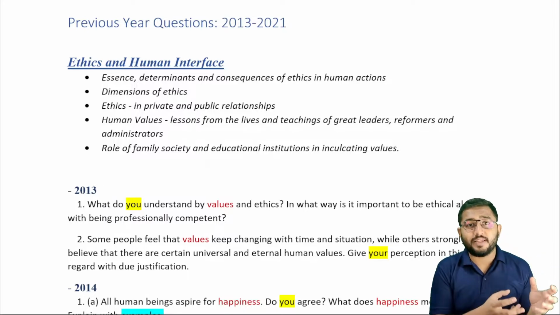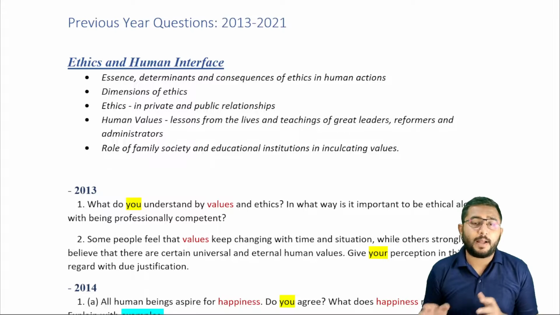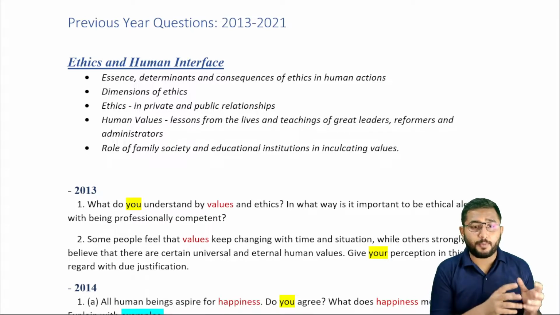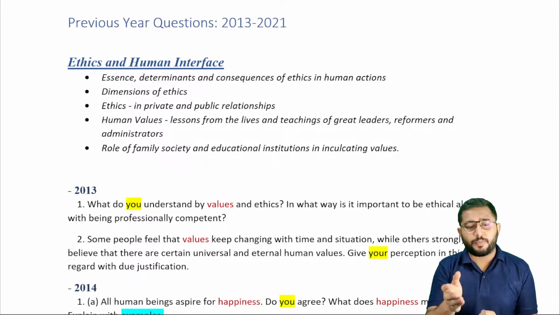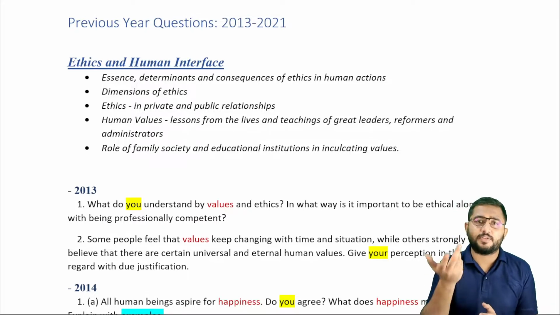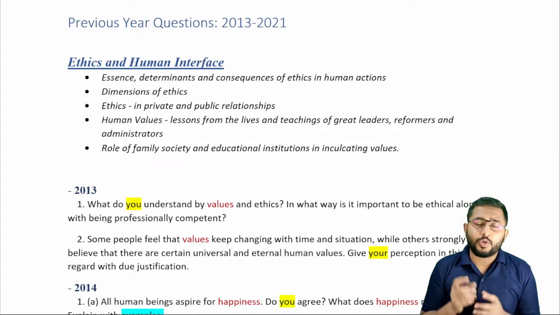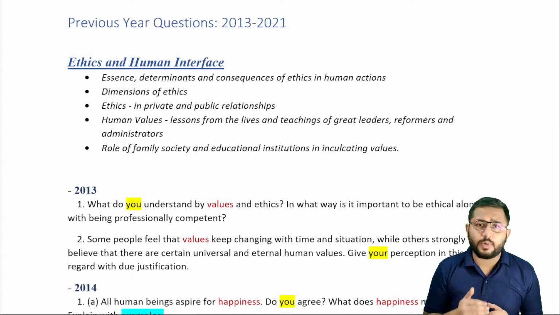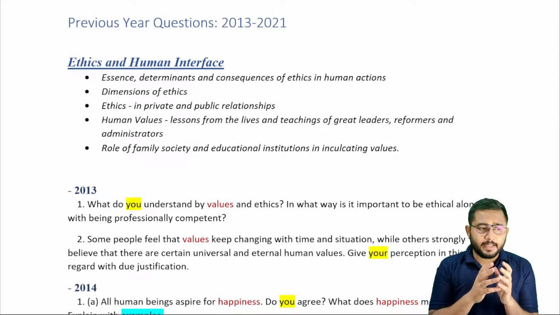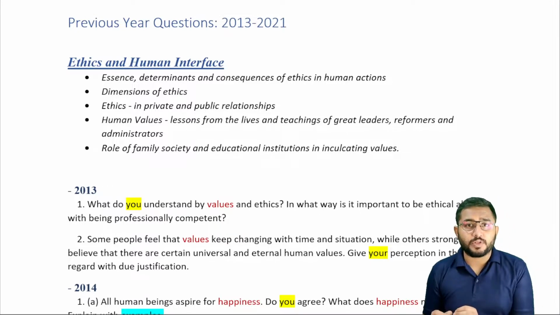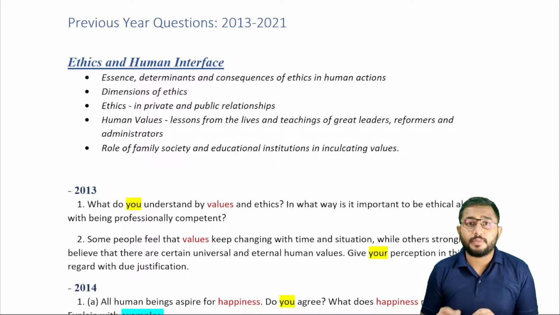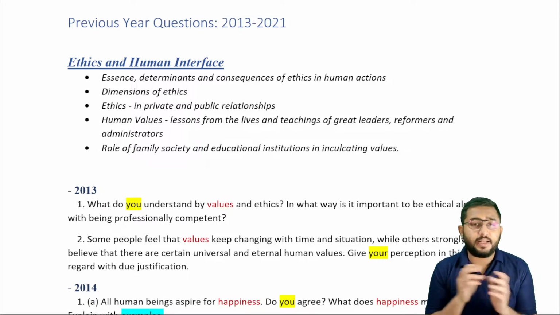अगर आपको non-partisanship, इंटीग्रिटी, ऑनेस्टी, ये सारी चीज़ें दी हैं तो क्वेश्चंस में आपको इनका डेफिनेशन नहीं पूछा जा रहा है. अगर आपको ह्यूमन वैल्यूज़ के बारे में दिया हुआ है, अगर आपको रोल ऑफ फैमिली एंड सोसाइटी के बारे में बोला हुआ है, they are not asking you directly that if there is a topic that says role of family in society, give us the role of family in society. Once you go through all the questions, you would understand that most of the questions that are given are practically applicable questions. They are derived from the syllabus, but not directly taken from the syllabus.